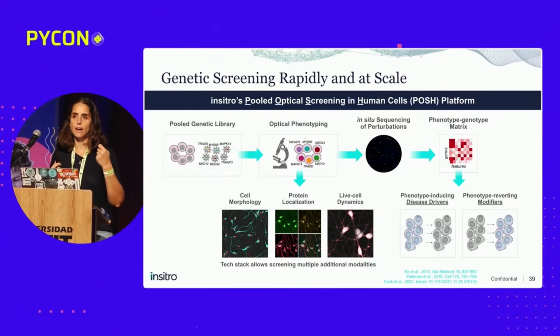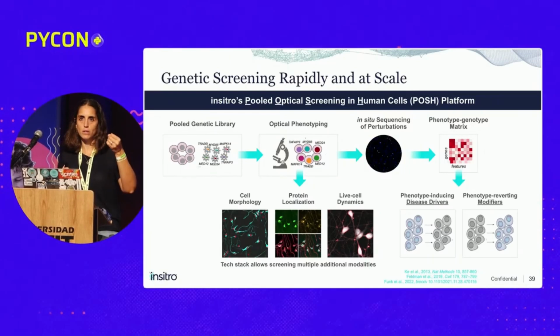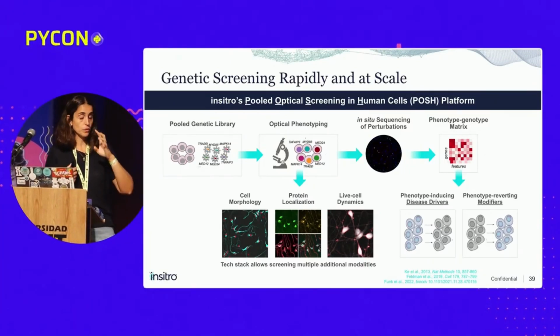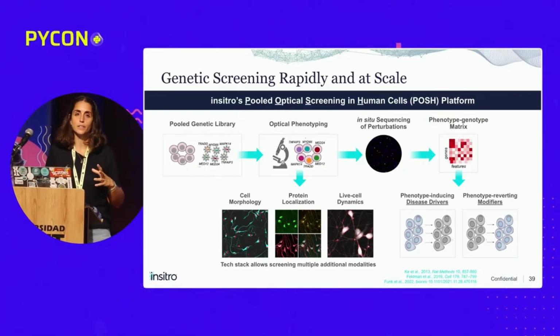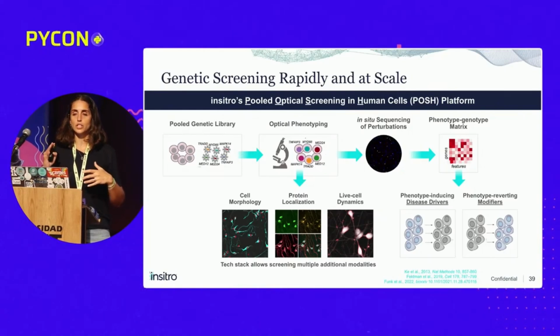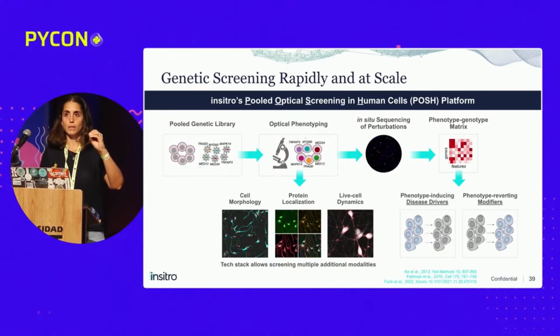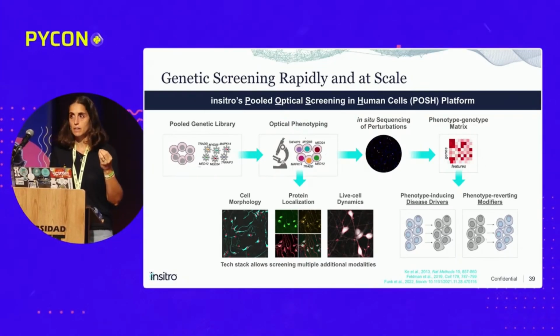And can I pinpoint it to one gene, one molecule that is going to be my next target? And for us, screening at this stage for target discovery very commonly means genetic screening. So genetic screening is when we introduce a knockout. We remove a gene, and then we measure the behavior of that cell after we